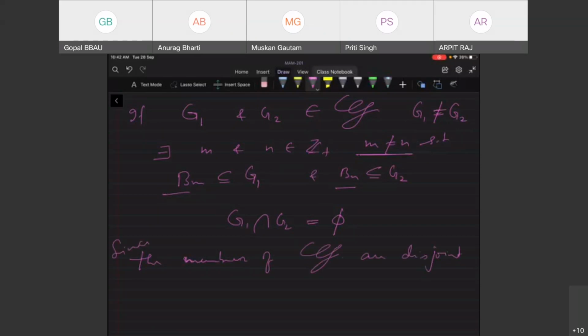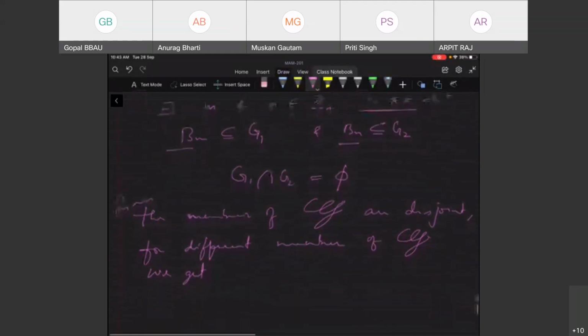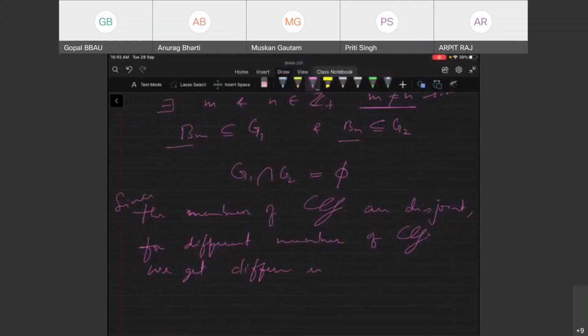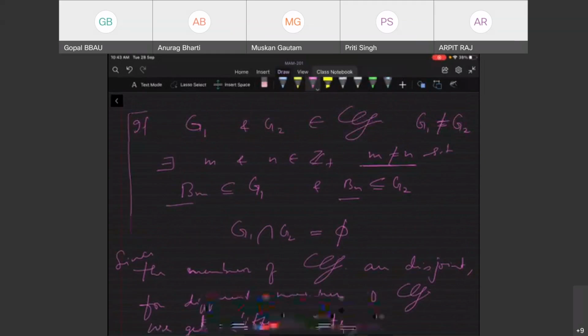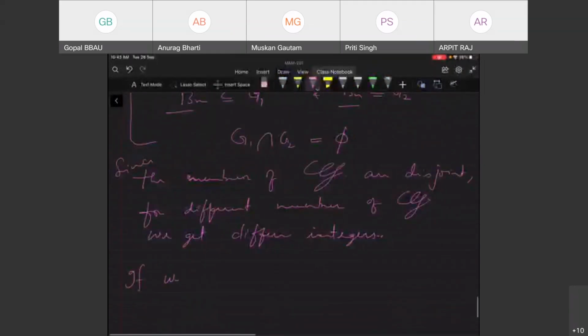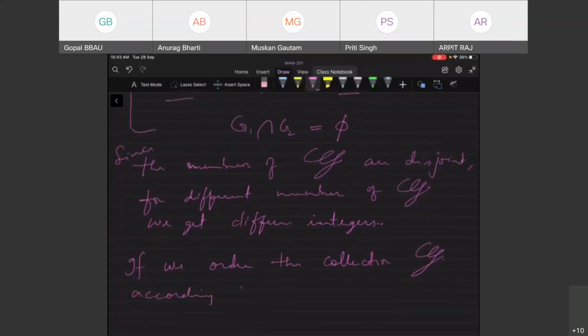This means for different members of G, we get different integers. So if we order the collection G according to the order of the associated integer,